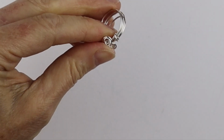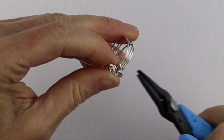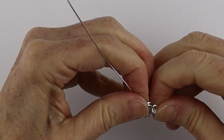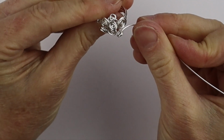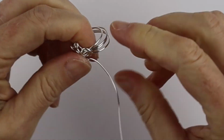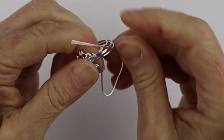So give it a little clip, and then you can get your flat pliers to push it in place, and you'll see these are lined up together. So now we want to do some more on the other side, and that looks really good. So now we're going to take this one, and we want to wind it around the band again. So we're just going to take that, put it through the band